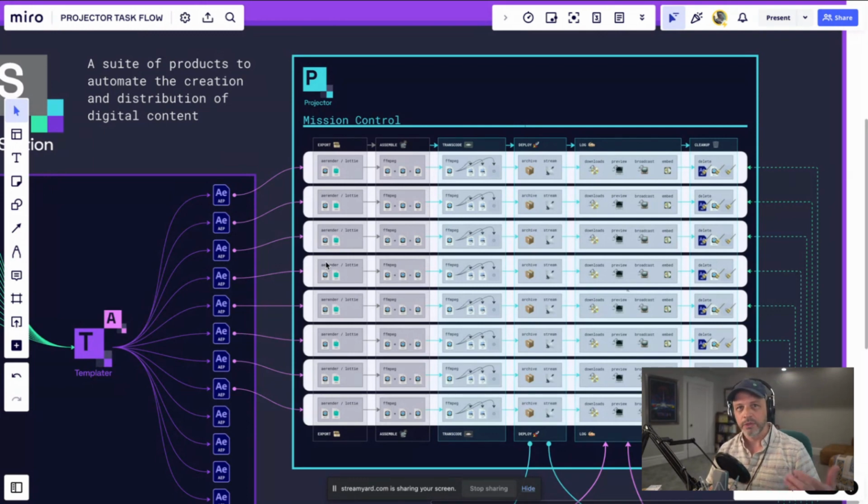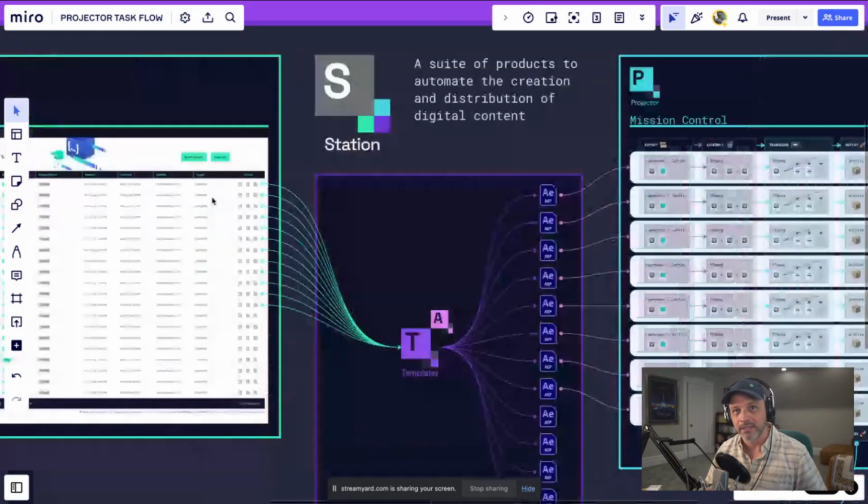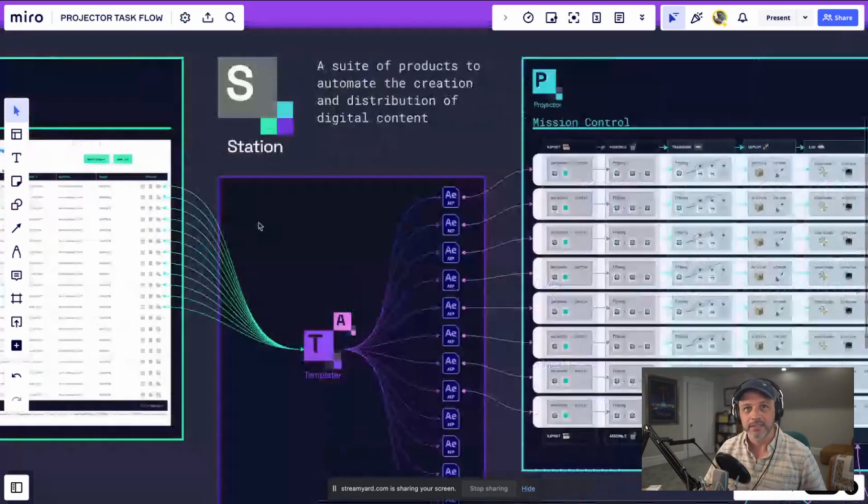So it goes along with our philosophy of the end user being in complete control of their creative output. We don't actually see any of the output. We don't know where it's actually transferring to. The only thing that we would have any insight into is the data, and even that can be protected through masking and things like that.